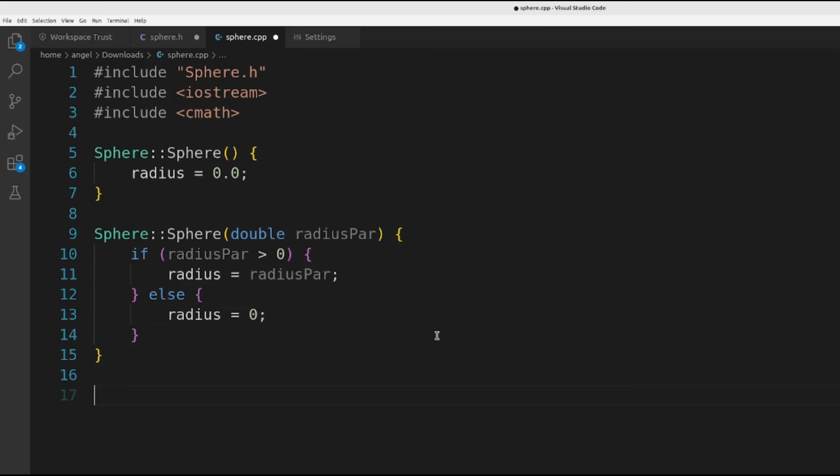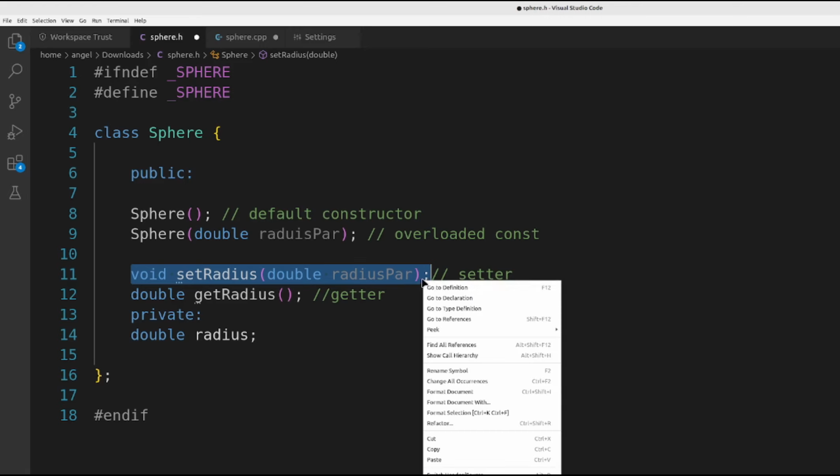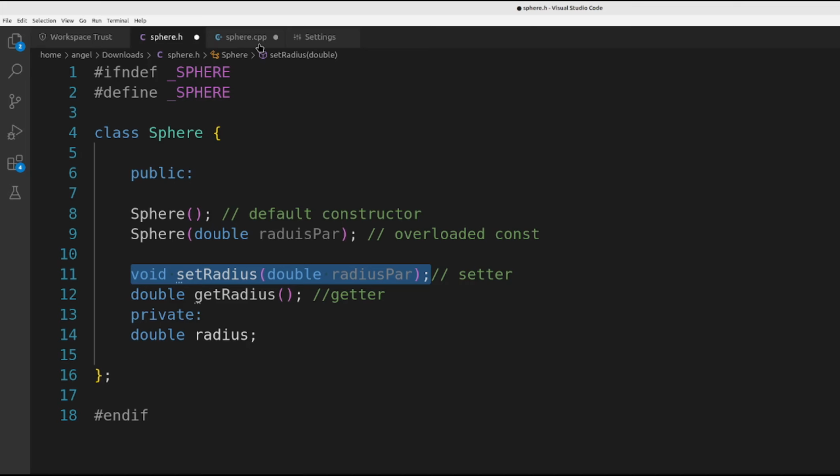And now, so I'm going to go back here. So now we have void setRadius. This is our setter. I'm going to copy this here. And if at any point,